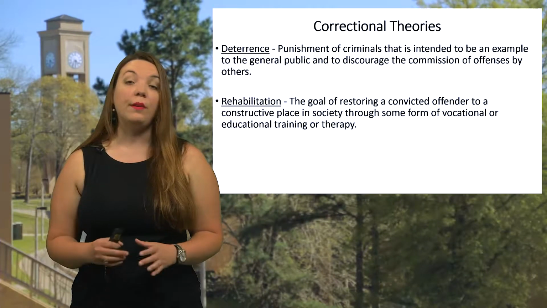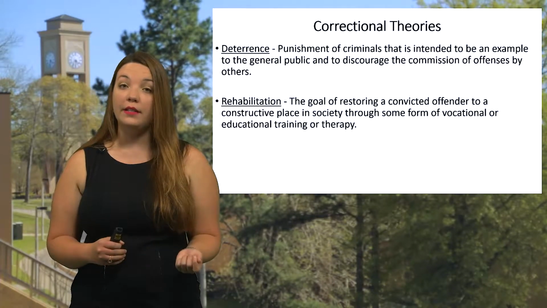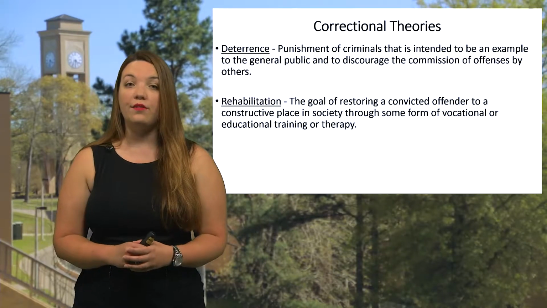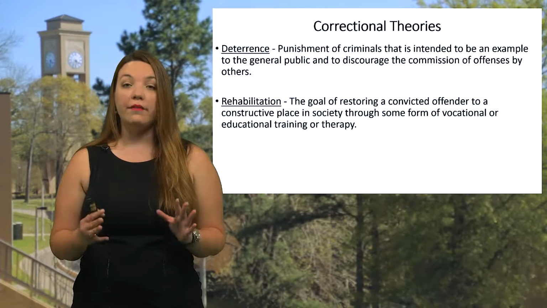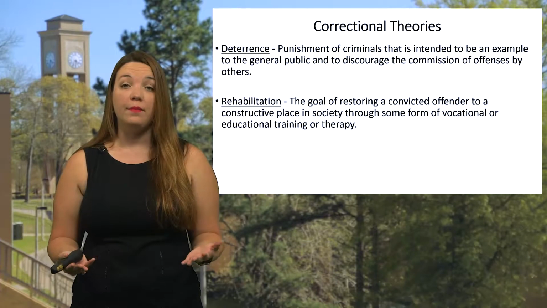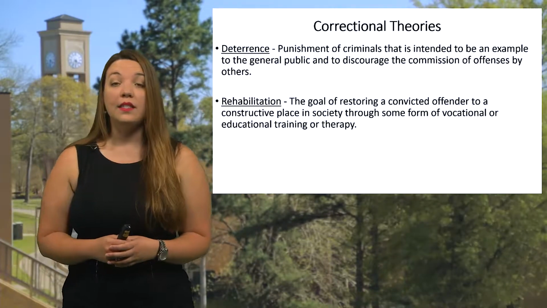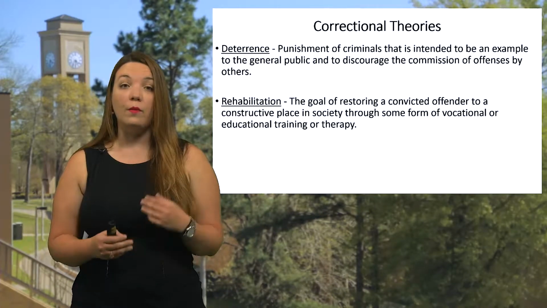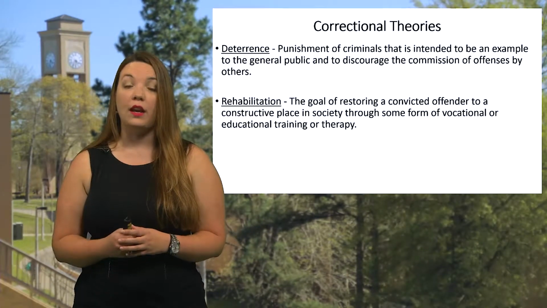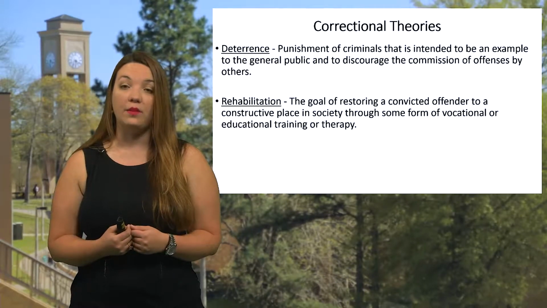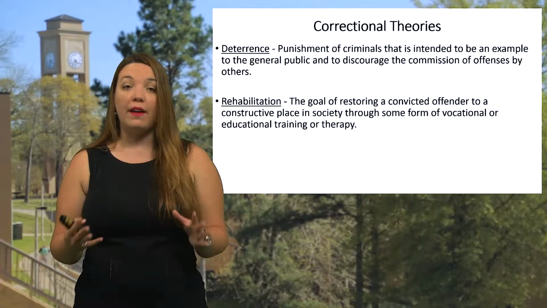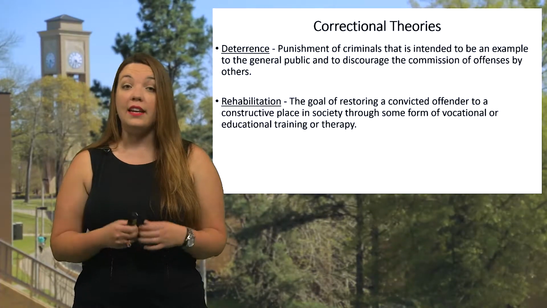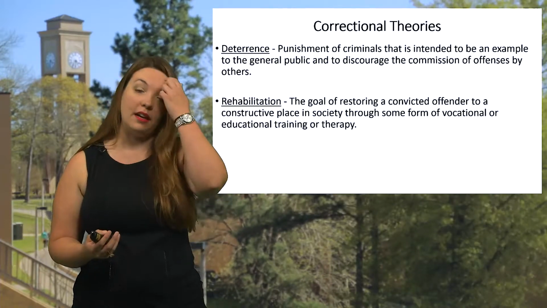But the biggest two that we flip back and forth between are deterrence and rehabilitation. Deterrence theory suggests that offenders are discouraged from committing crime because of fear of its consequences, meaning punishment. There are 2 types of deterrence: specific and general deterrence. This suggests that we are personally deterred when we see others being affected by punishment or when we are personally affected by punishment. The death penalty is built around the deterrence principle, but we know that these types of punishments are not effective and, if anything, cause increases in crime.